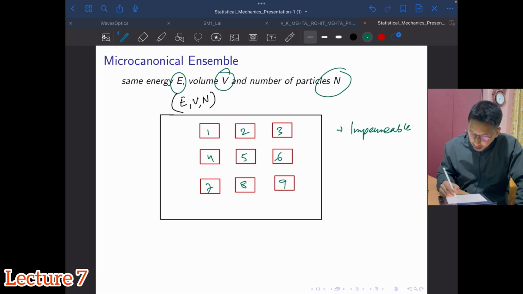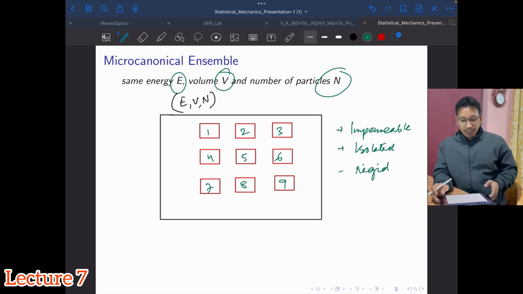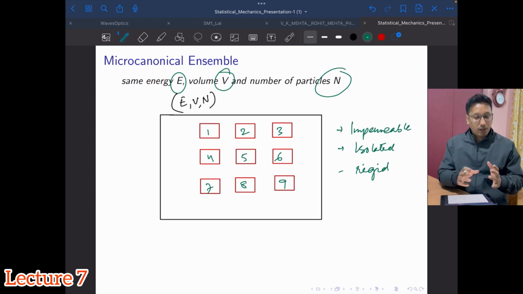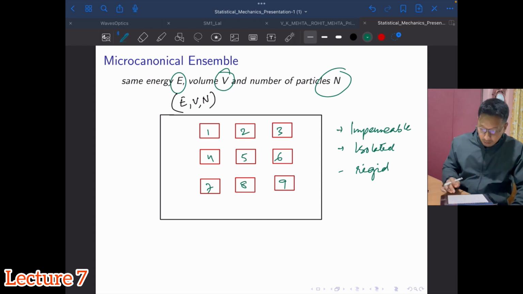And they are isolated, right? Because no energy can be exchanged, and the walls are rigid, their volume is constant. So they are well separated and isolated. All the systems have the same energy, volume and number of particles. There is no exchange of particles, so the walls governing the system are impermeable, well separated and rigid. Whereas in the